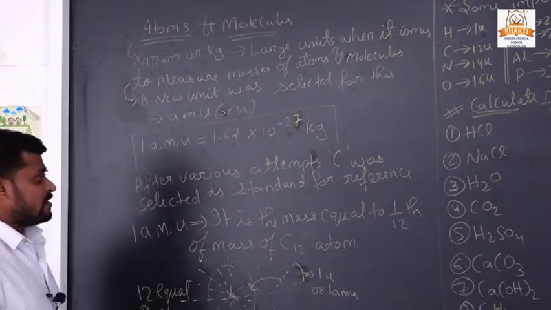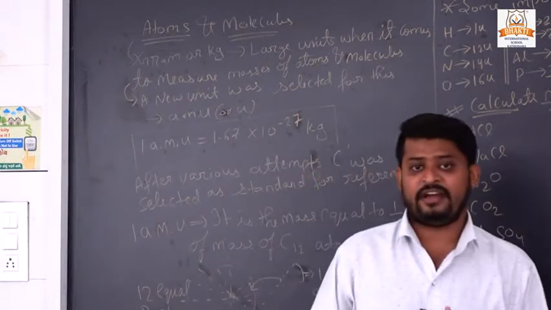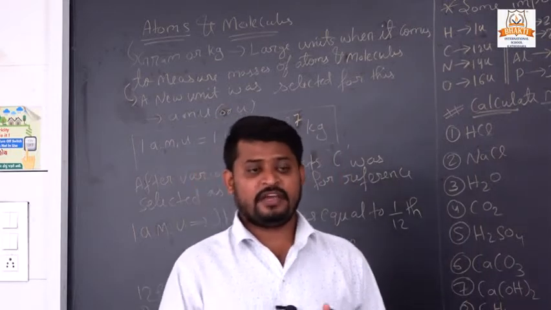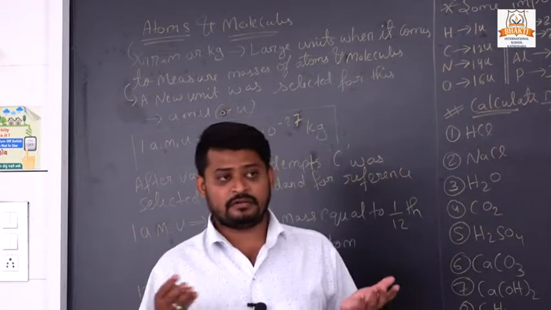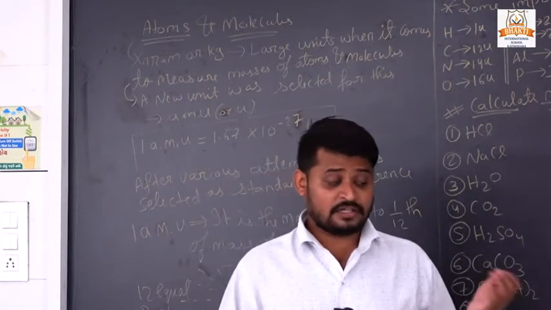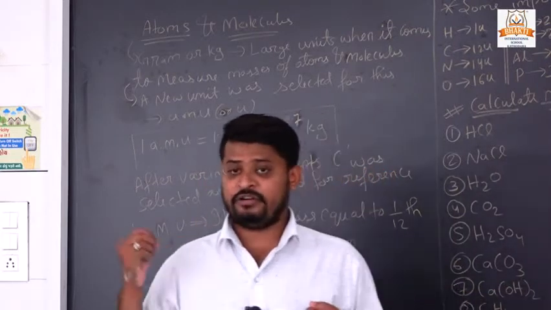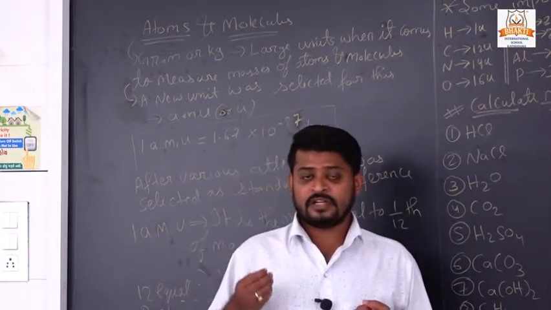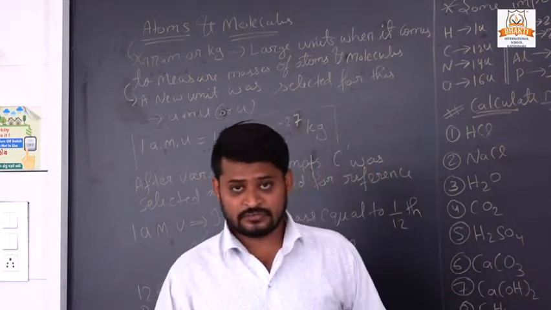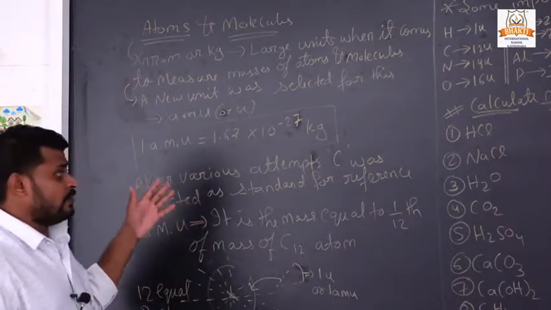When we are finding mass, we have to compare. That means we have a comparison between two things. For example, say one student has 40 kg weight and two students have 20 kg each. Then we compare: the weight of the two students is equal to the weight of one student, that is 40 kg. That is what we have to calculate.